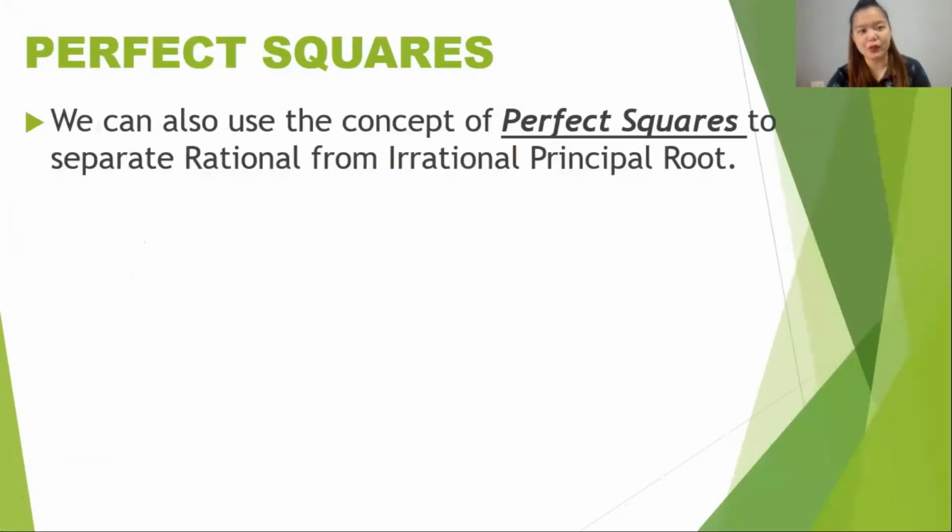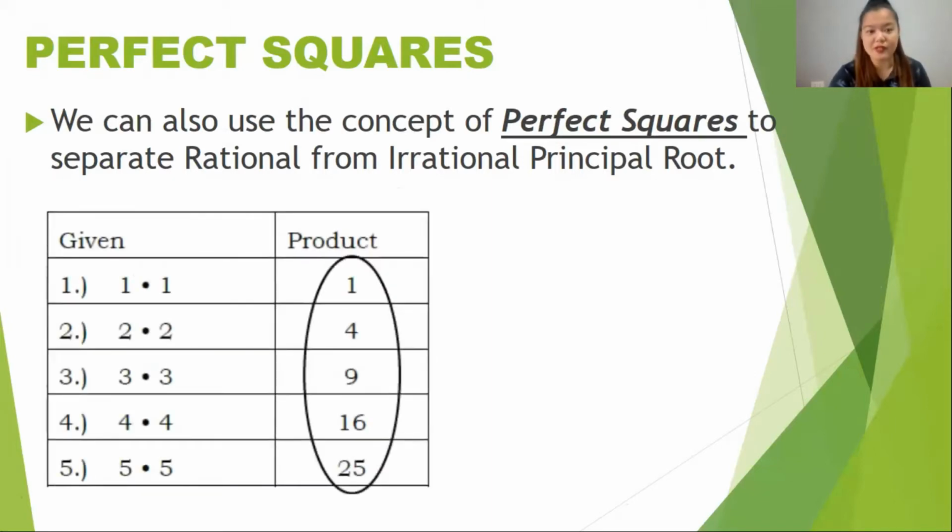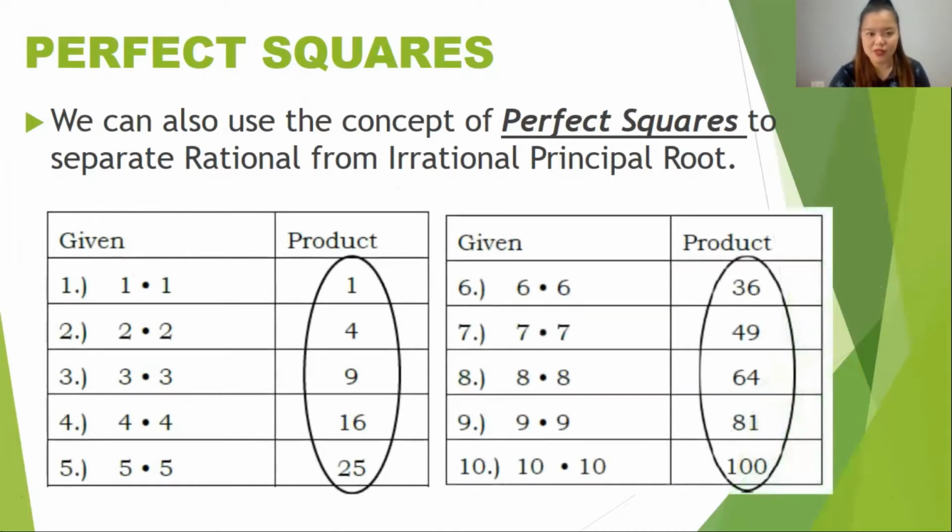Then let's proceed to the perfect squares. We can also use the concept of perfect squares to separate rational from irrational principal roots. Just take note of the perfect squares. These are the perfect squares. The product of a number multiplied to itself is called a perfect square number,